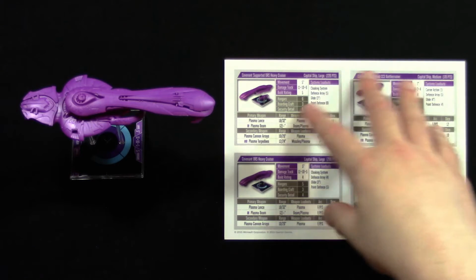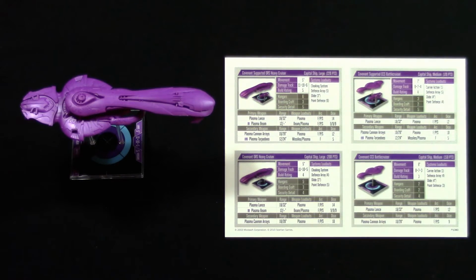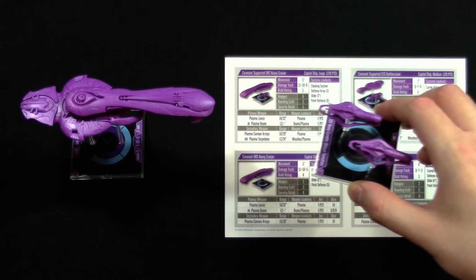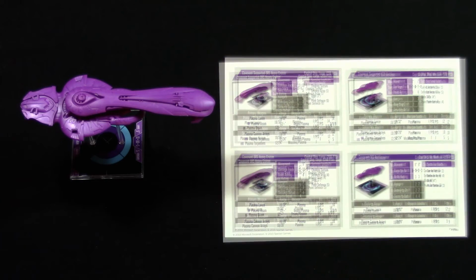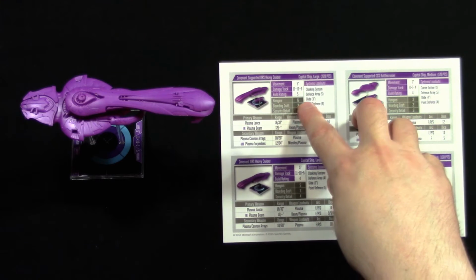The build rating on the supported is 5, unsupported is 4. So if you want to add some heavy corvettes to a supported heavy cruiser, then you can only add 1 base, whereas on the unsupported you'd be able to add 2 bases worth of corvettes, because each corvette's base is worth 1 BR. Okay, moving on to hangars, you can see that the supported ORS has a 6 on the hangar rating,